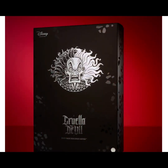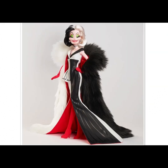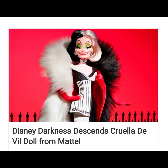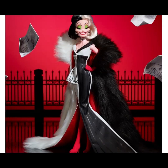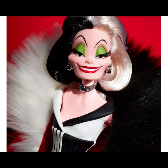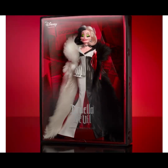It's just that this one has been elevated to a new level, and for that they've used the sculpt, but obviously they're giving us a more articulated body, although I have the feeling that the body is that of the trademark Disney princess ones that Mattel is using right now for any Disney, whether it's animated or live action, which I don't like as much because they don't feel as realistic, especially for the live action dolls, because they're supposed to be real people, and that happened to the Little Mermaid, but then it also happened to the Peter Pan and Wendy